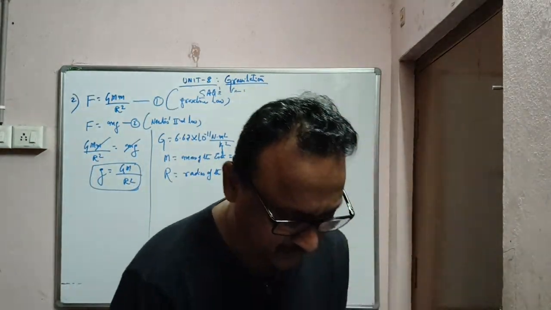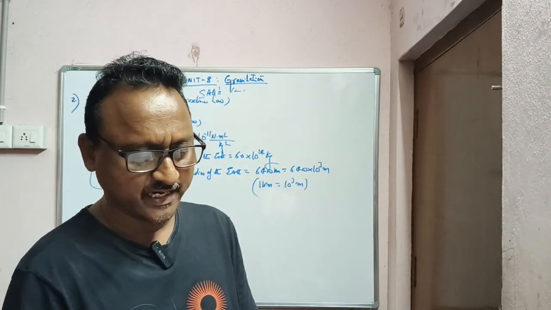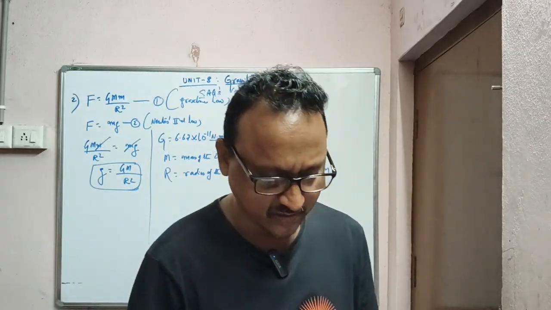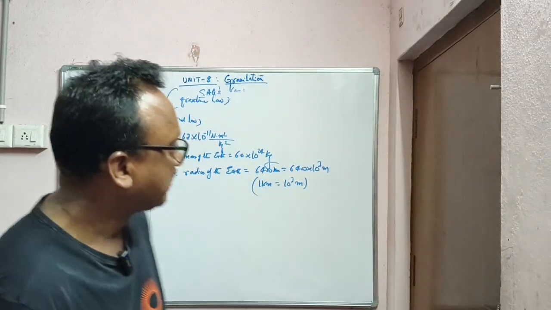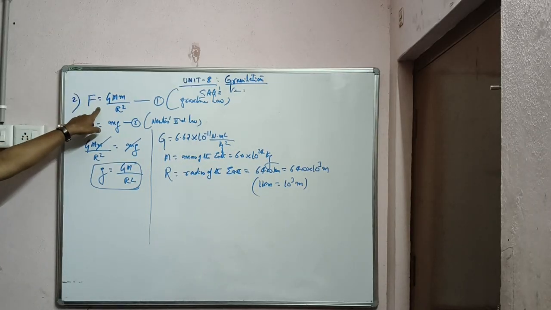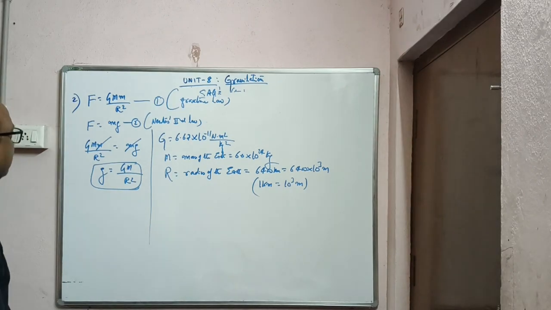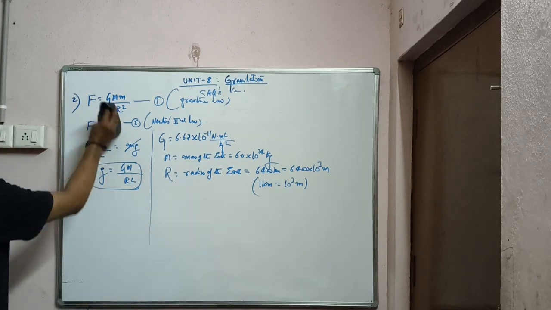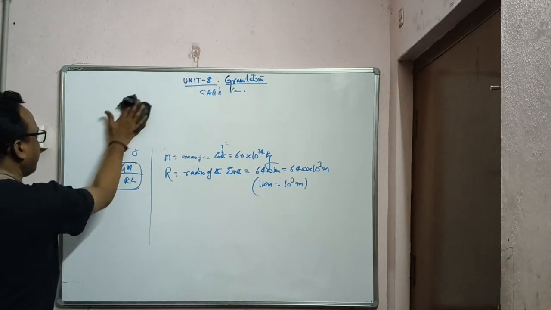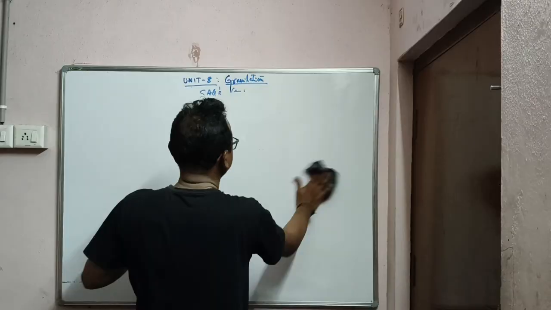That is what he asked us: derive the relation between acceleration due to gravity, small g, at the surface of a planet and the gravitation constant. That's all. Note it down. Let us go to the third one. This is the force of attraction between the two bodies according to Newton, and F is equal to mg, Newton's second law, weight. Okay? Right. Third question, SAQ. It carries 4 marks, so write accordingly, otherwise you won't get the full marks.